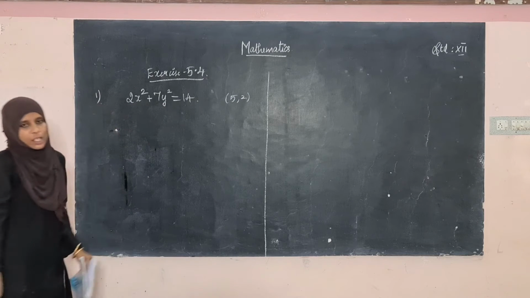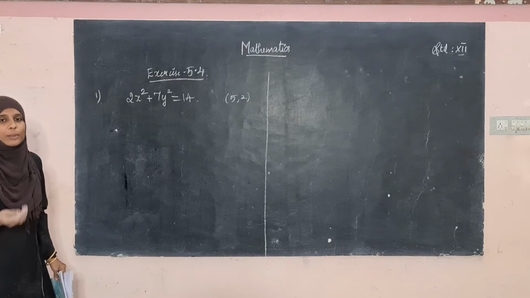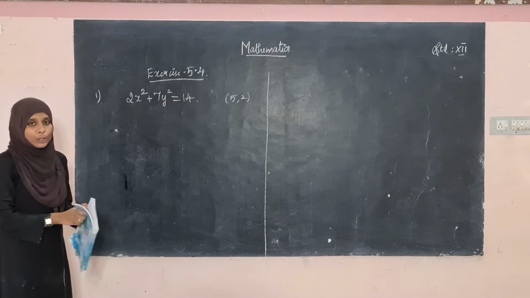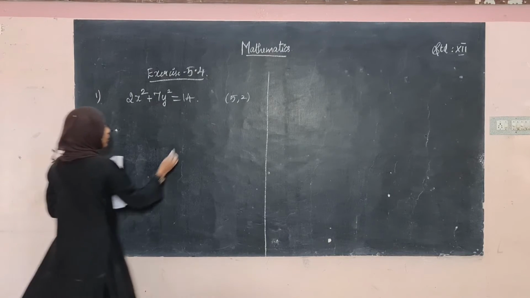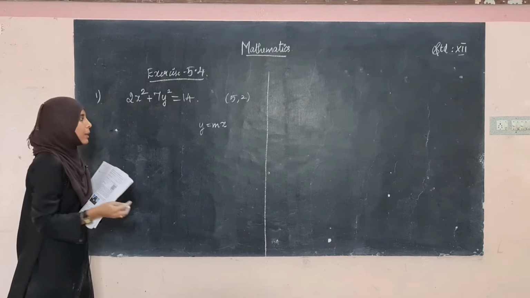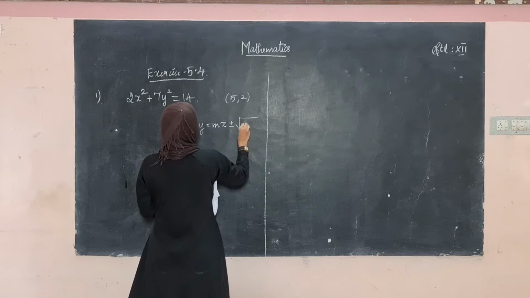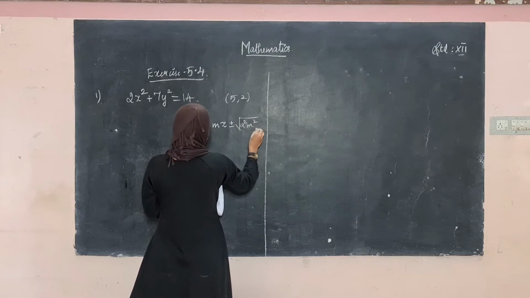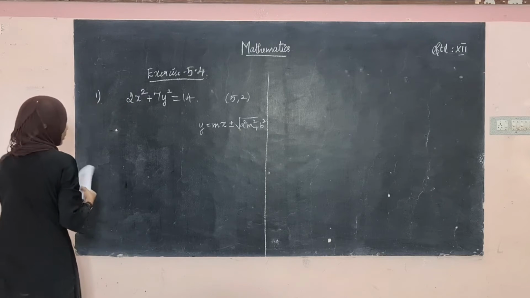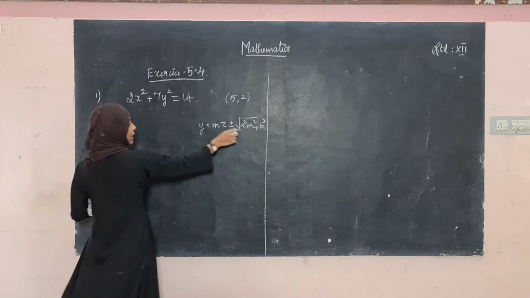So we can use the Cartesian form of the equation of tangent for ellipse. If we use that, we will find only one tangent. So we have to find two tangents, right? So we are going to use the formula y equal to mx, which you have learnt in the previous video. This is also a formula, right? y equal to mx plus or minus root of a square m square plus b square, for ellipse. So for this, what are the things we want? We want a, m and b.